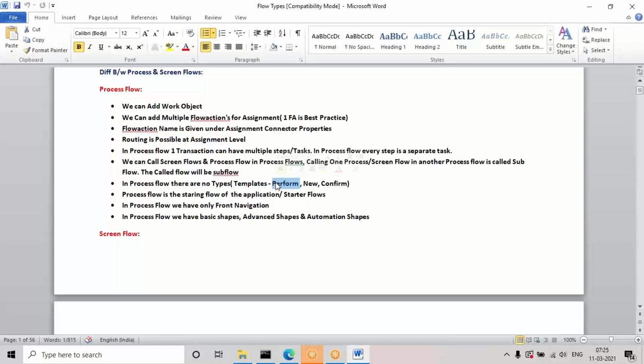But in screen flow there are particular templates or types available, which I'll discuss today. Also, the process flow is the starting flow of the application, that is in case types in the coming classes. In case types only process flow we configure directly. Screen flows are not recommended there. Screen flows we have to call in the process flow, and the process flow we can configure in a case type. What case types are you'll understand in the coming topics.